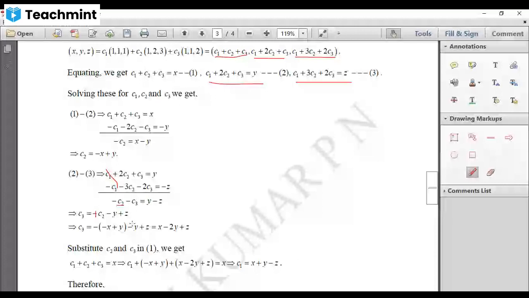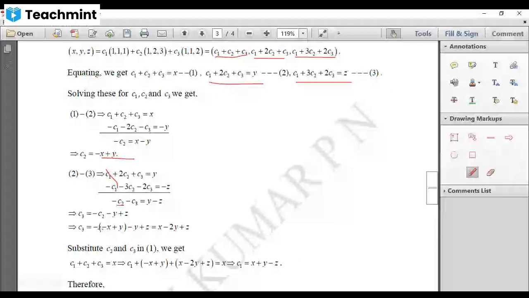But here minus sign is there. So multiply this by minus sign. So you'll get minus C2 plus y will become minus y, minus z will become plus z because minus C3 is there. Otherwise, do one thing, send this minus C3 to this side, that becomes plus C3. If you send y to this side, that becomes minus y and plus z. That's it. Now substitute back, what is your C2?